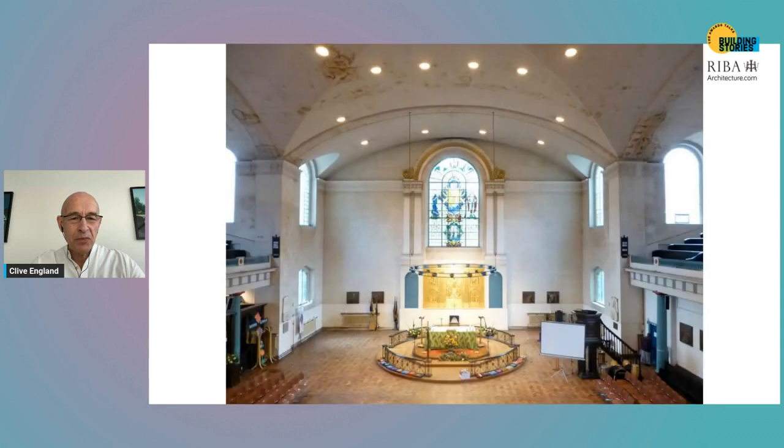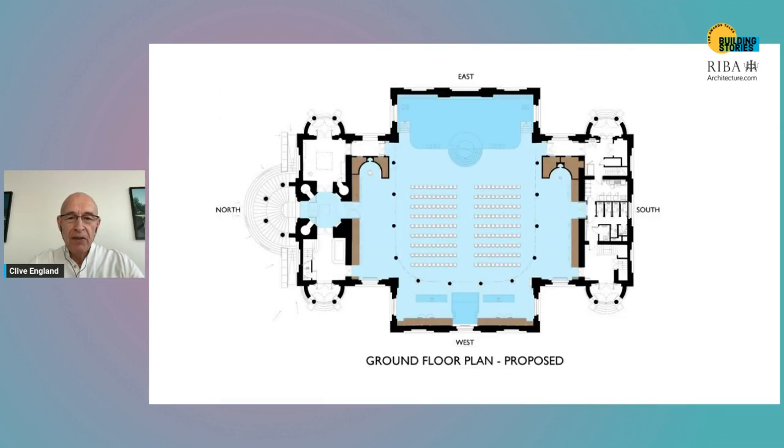And this was how it looked internally. So very 1950s. I think it probably hadn't been decorated since 1955. And it was conceived just as a church, so it had gained functions along the way as the role of the church in the community had changed. So this was the plan form